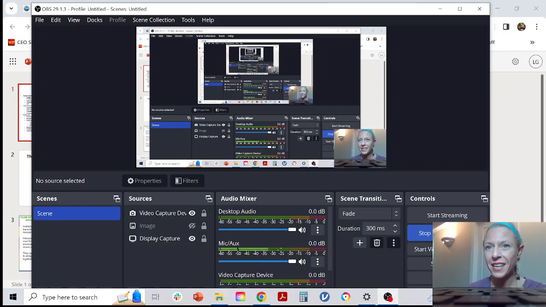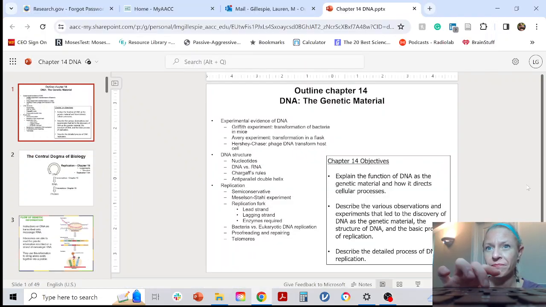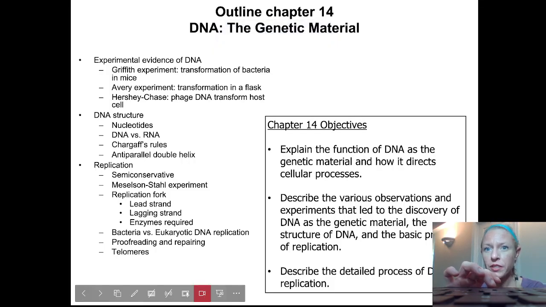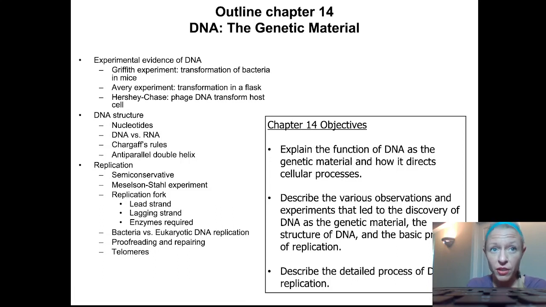Right, folks, we are going to dive into chapter 14. Okay, so we are going to go over the experimental evidence of DNA structure, and then replication, and how replication